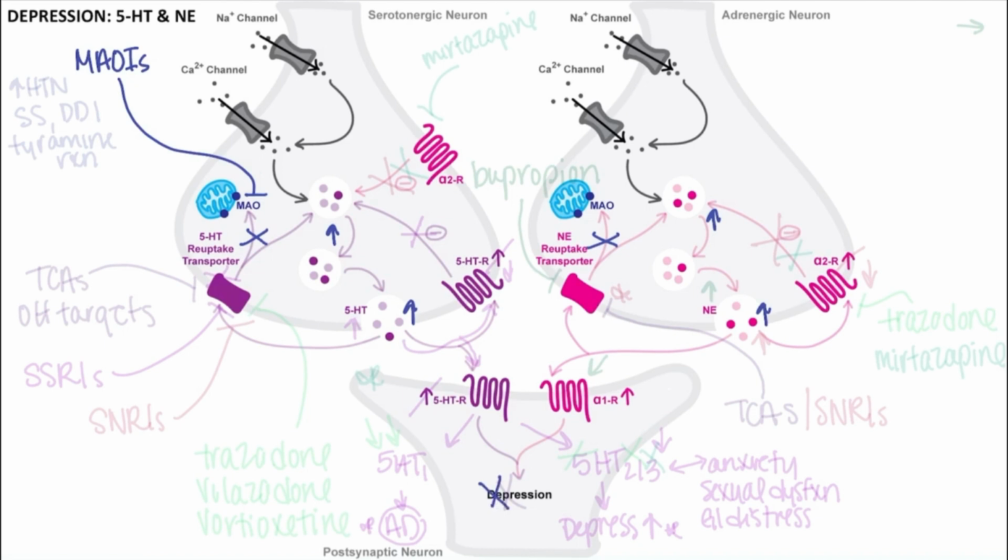Now, the reason these have been much replaced by newer agents, except in refractory or atypical depression, is because the high levels of monoamines that result increase the risk of hypertensive crisis, as well as serotonin syndrome and the tyramine reaction, and a countless number of drug-drug interactions that increase these risks. This is one of the big culprit drug classes for drug-drug interactions, and though you may not see these much, you will hear them often in commercials or when reviewing interaction checkers.